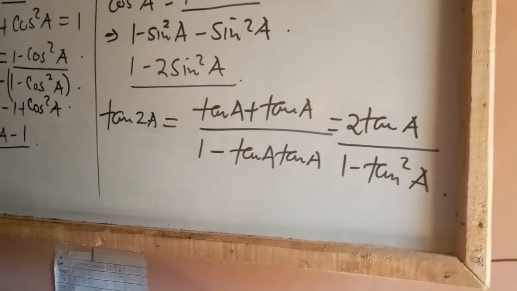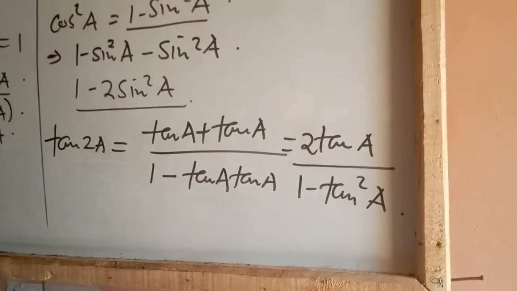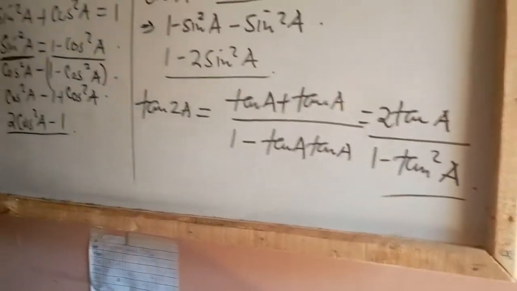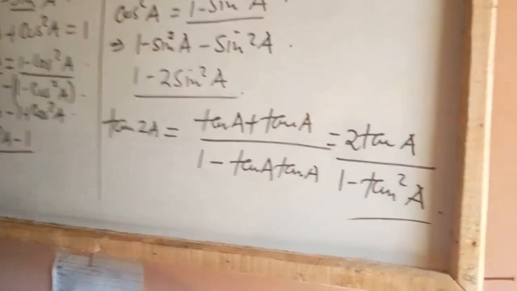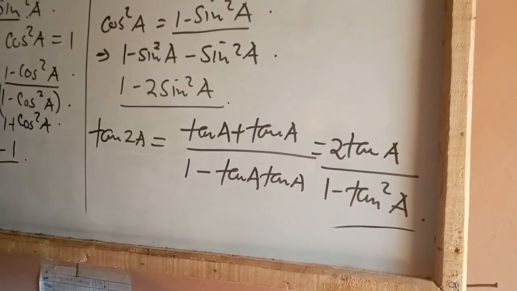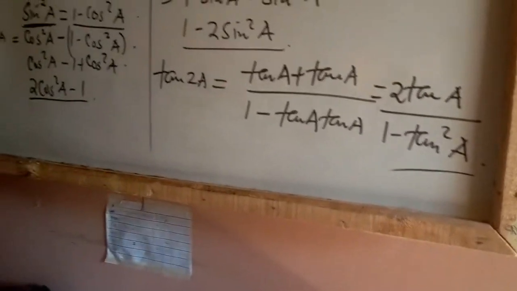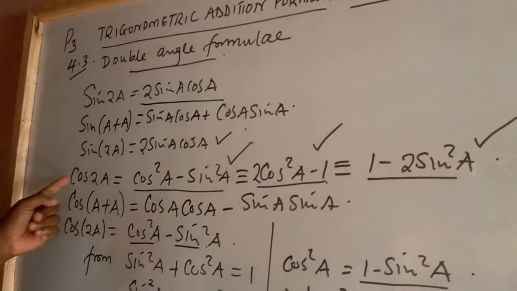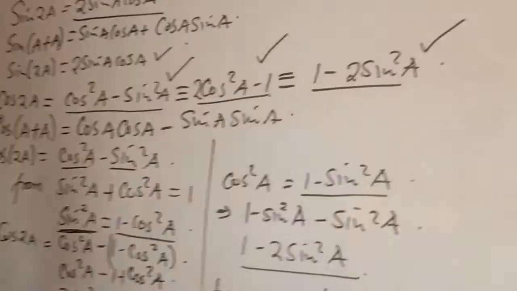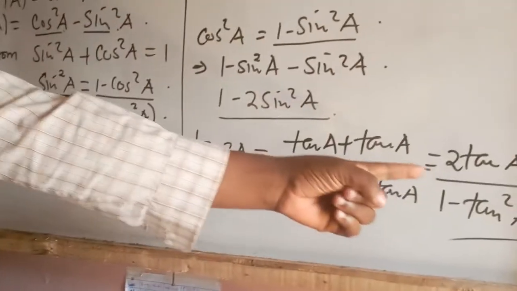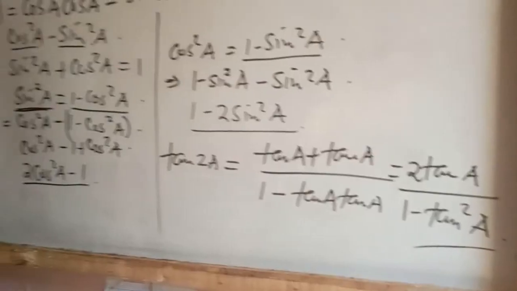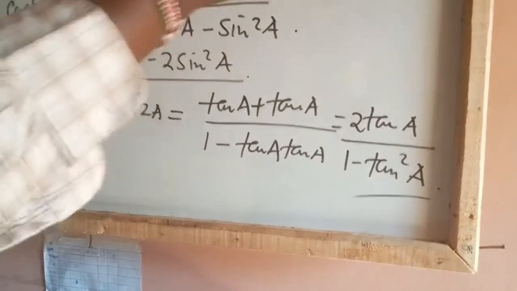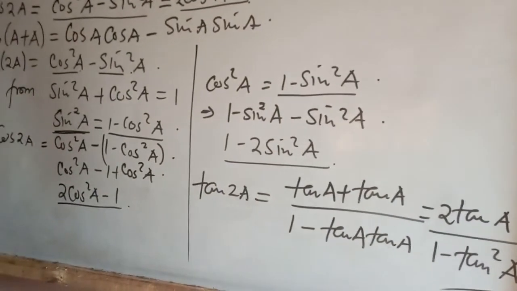So by the time we summarize this, we are going to use them in the examples that follow, example 7, moving forward. It is important to know how they come about. You can already see on page 78 that this cosine 2A is given, and the tangent of 2A is also given in terms of 2 tan A all over 1 minus tan squared A. But I felt it is important to understand where they come from and how we